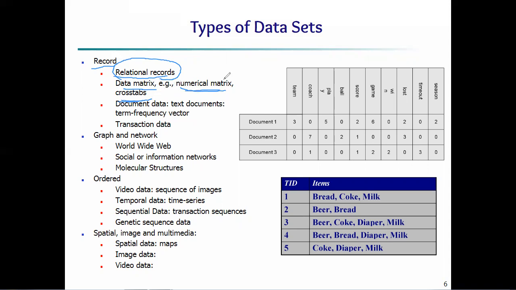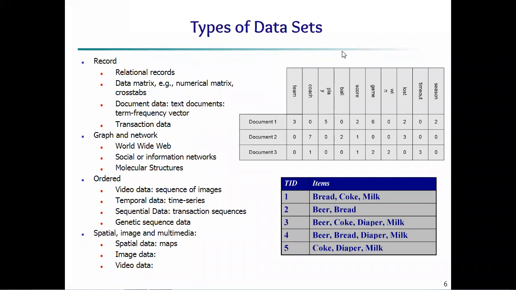Numerical matrix, as you have seen in second year, is a matrix you form from a combination of rows and columns, with values given like 1, 2, 3. This is what we can call a 3 by 2 matrix, 3 rows and 2 columns. The first row is 0, 1, 2, this is the first column, 0 and 1. Here 3 rows and 3 columns are given. So this is called a numerical matrix.